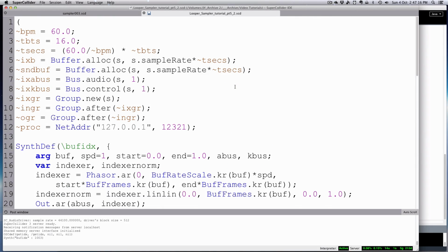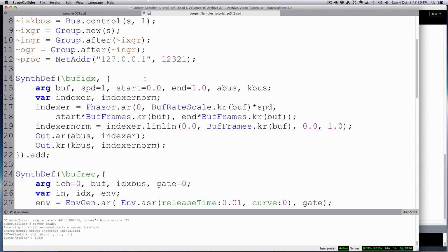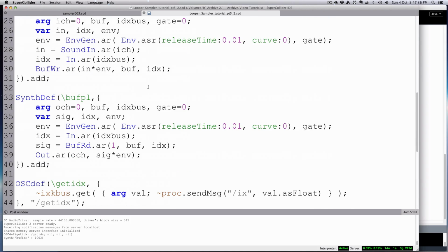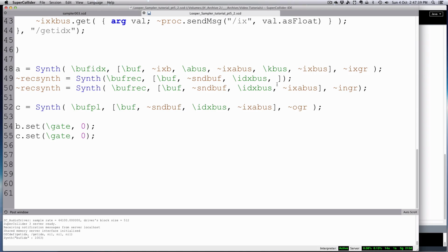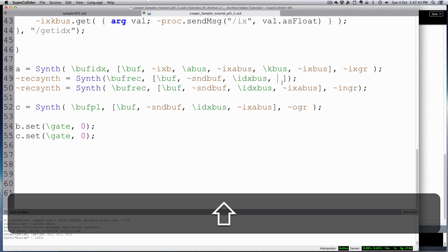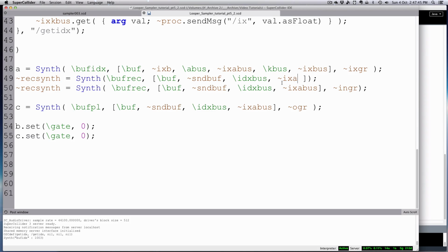And once again, let's just quickly look at where it's coming in from. We created an index bus, IXA bus, or audio bus, and we made a private audio bus. So it's kind of like a patch bay. It's sending audio to an empty bay that we then later can patch into something else. So we have an index bus, and that's being patched into, we're going to do the IXA bus. Okay. And then finally,